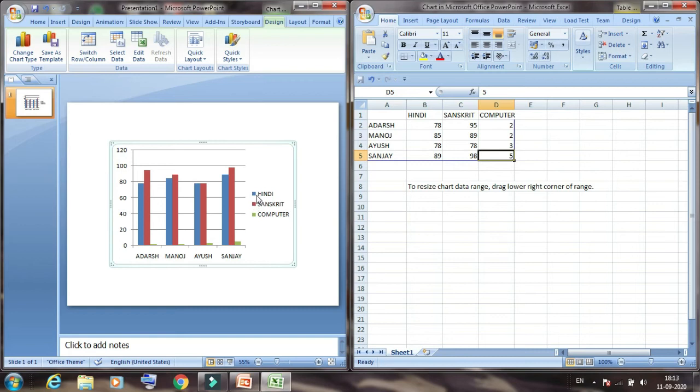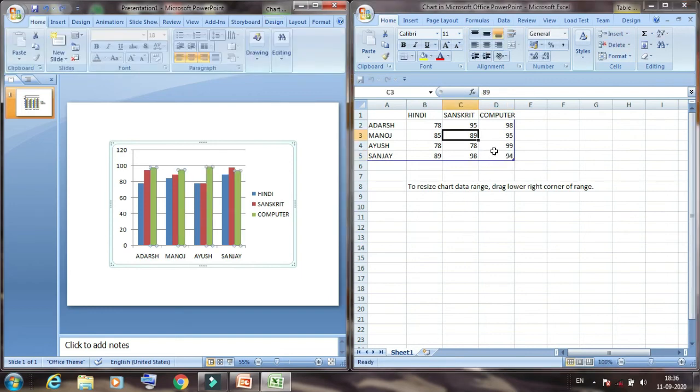Here these are the Hindi marks. Hindi marks are denoted in blue, this is the Sanskrit marks, and the computer marks icon is green. Then last we enter the computer marks: 98, 95, 99 and 94.